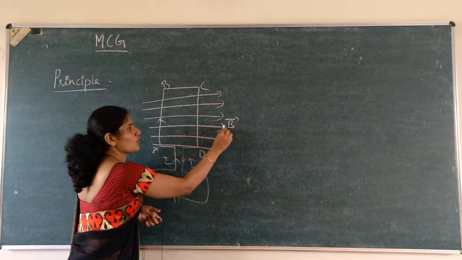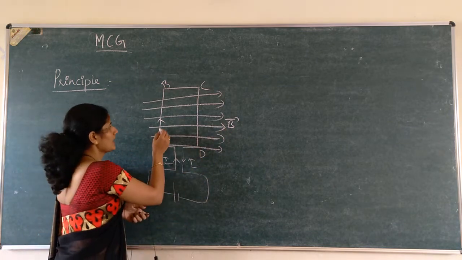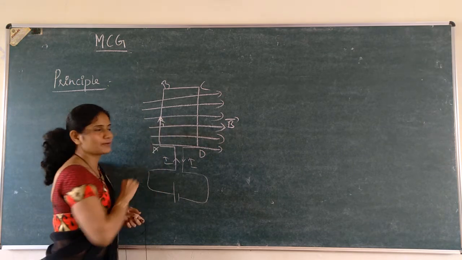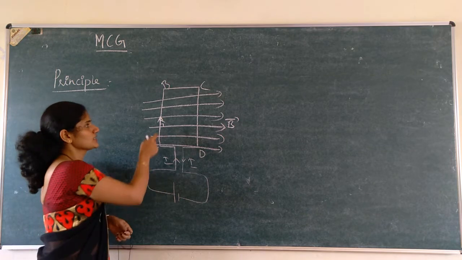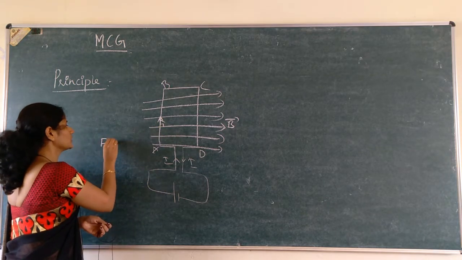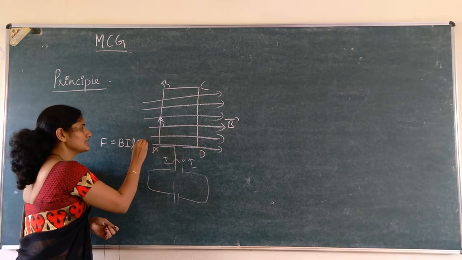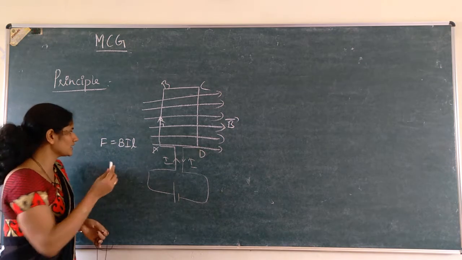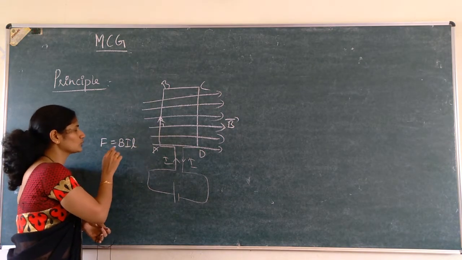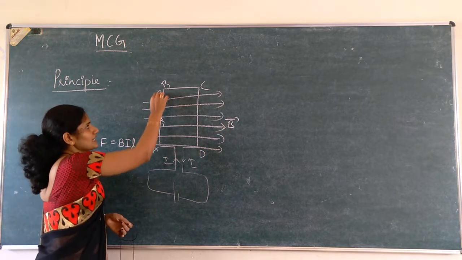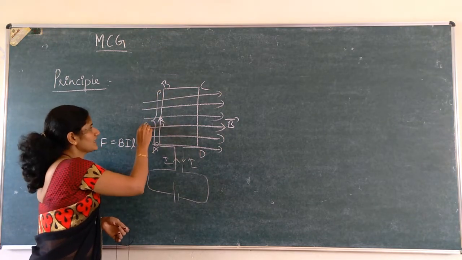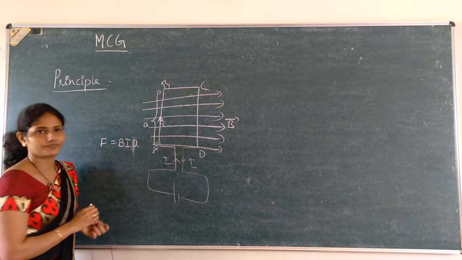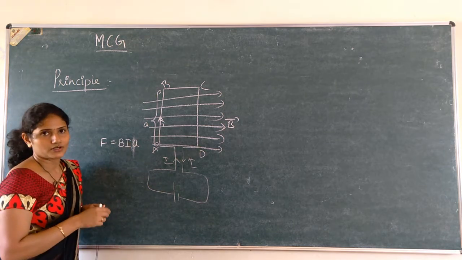So this is the direction of magnetic field B, and this is the direction of L, or it is the direction of I. Both are perpendicular to each other, theta is equal to 90 degree. So the force acting on this arm, F is equal to B I L sin theta. Angle between these two, theta is equal to 90 degree, sin 90 is 1. So force acting on the arm, F is equal to B I L. Here L is nothing but the length. If A is the length of the arm, then instead of L you have to write A. So this is the expression for magnitude of force.